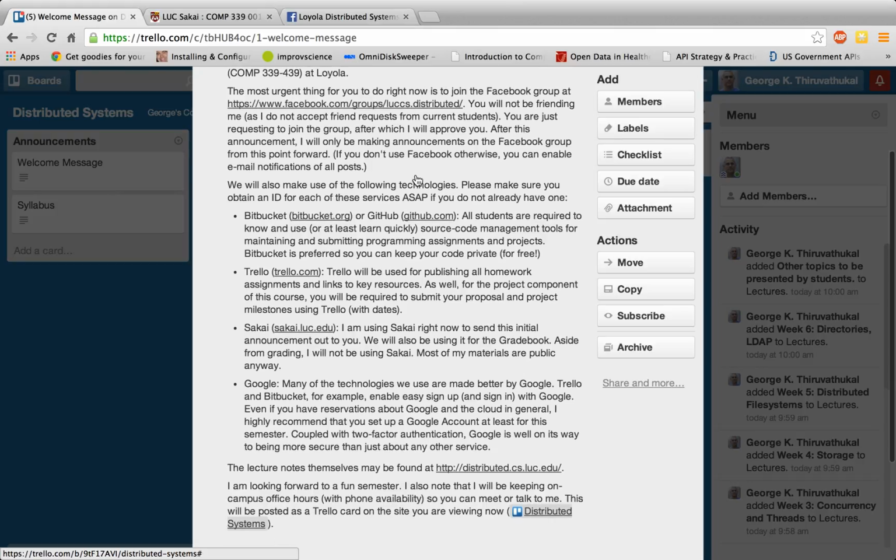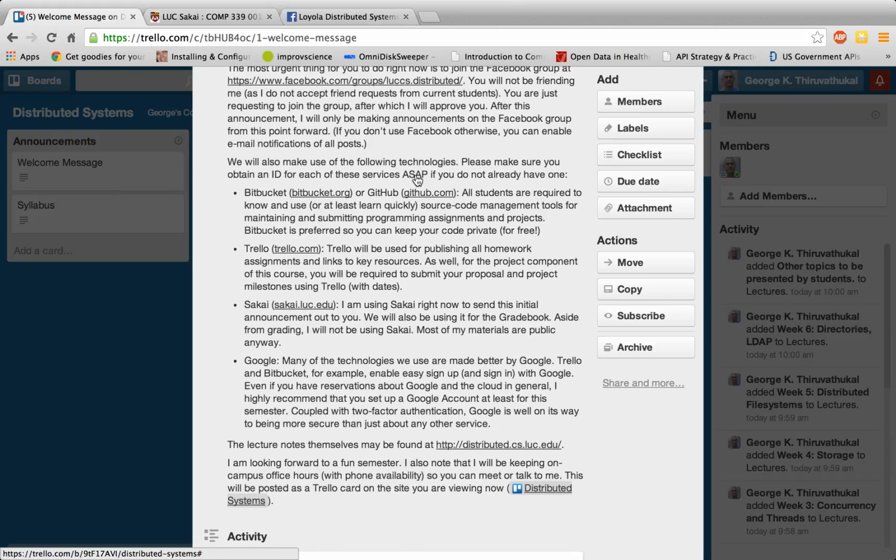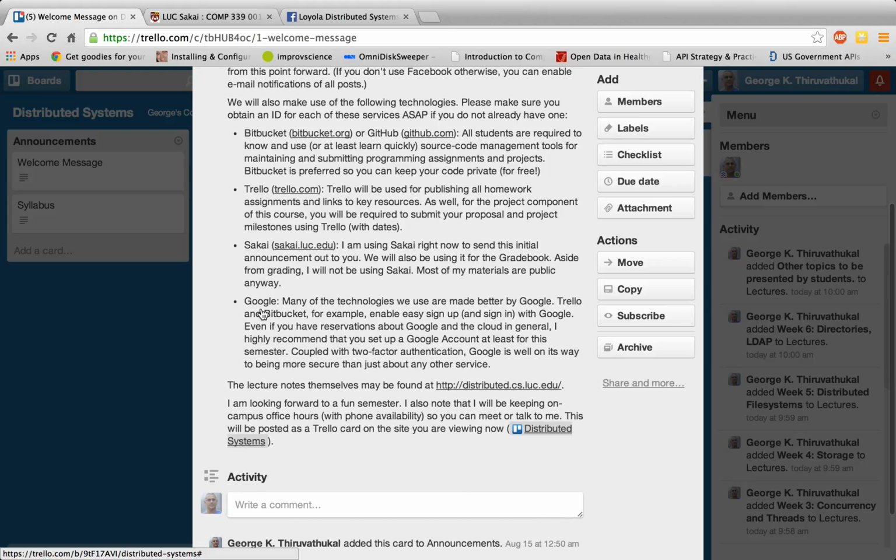You need to quickly become familiar, if not a master, of version control systems. So I mostly recommend for this class that everybody uses Bitbucket, because Bitbucket allows us to have free, unlimited private repositories, especially if you associate your university email address with the account. It will actually enable you to have a full-fledged education account. We're going to use Sakai, as I mentioned, but only for the grade book. So that is where you should check for everything.